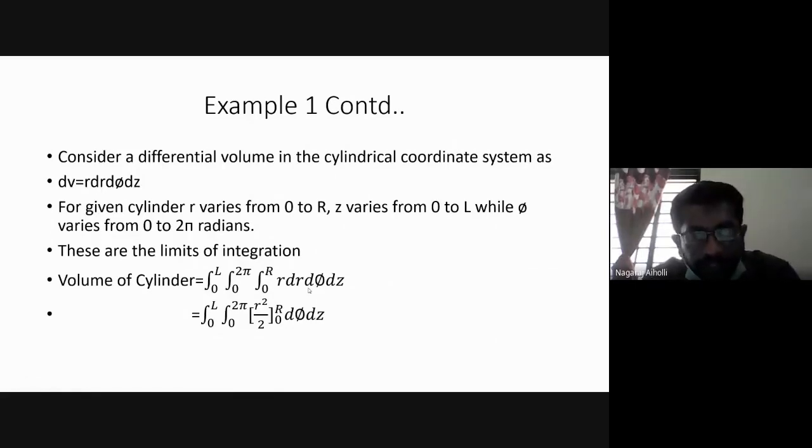Then go on for finding the triple integration. You know how to find the triple integration. One by one, you go on taking the integration. First, you can take the inner term, that is 0 to R. Then you go on taking the others. Accordingly, you find the triple integration of this and tell me the answer.